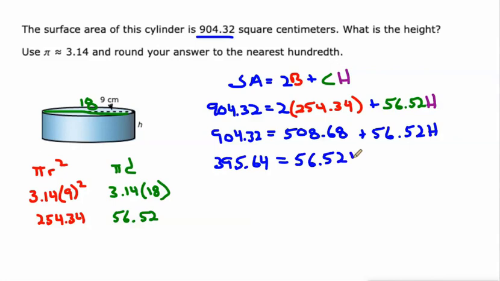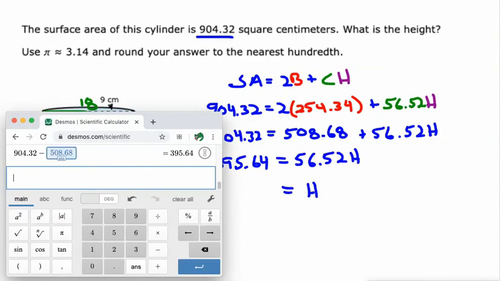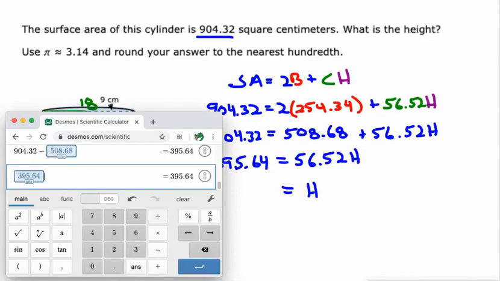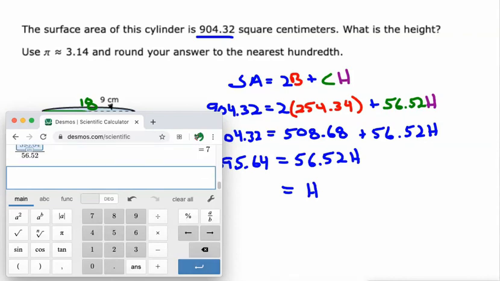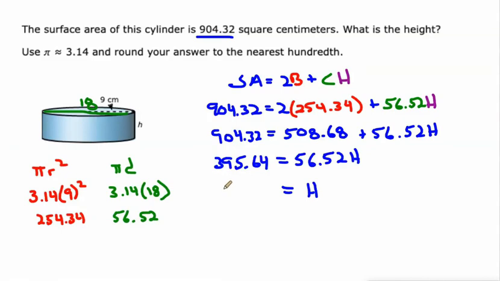We are one step away from having our height. All we have to do is divide both sides by 56.52. So we'll just take our previous answer, 395.64, and divide by 56.52. And there we go. We got a nice clean number, 7, as in 7 centimeters is the height